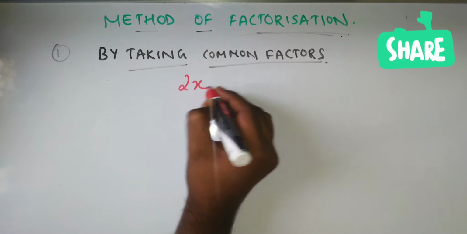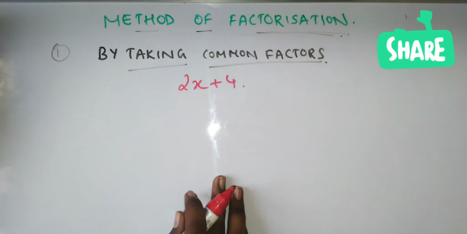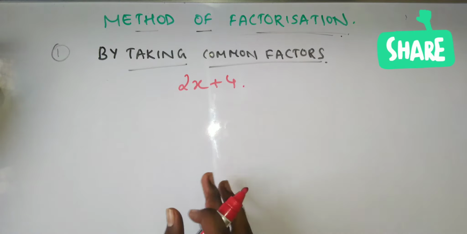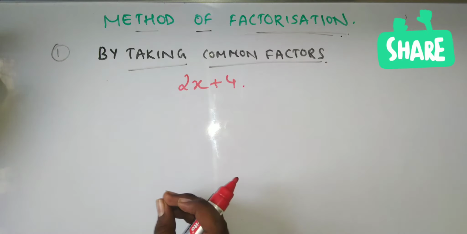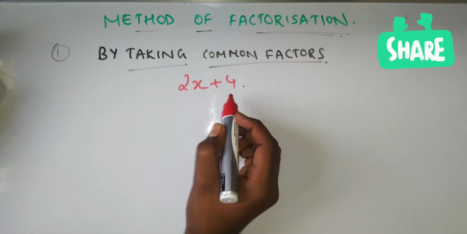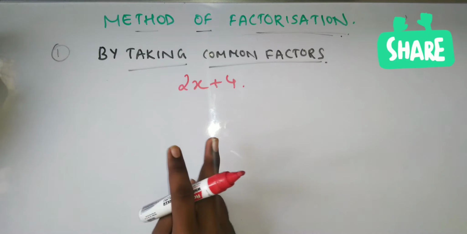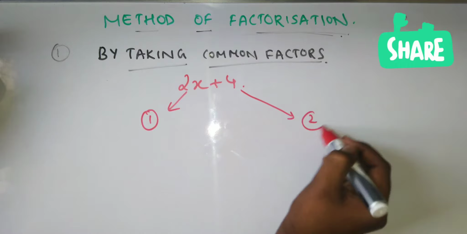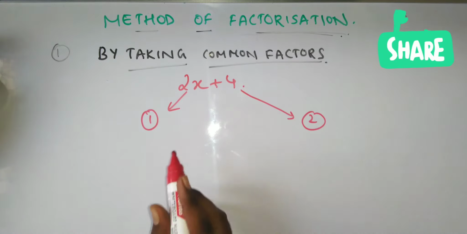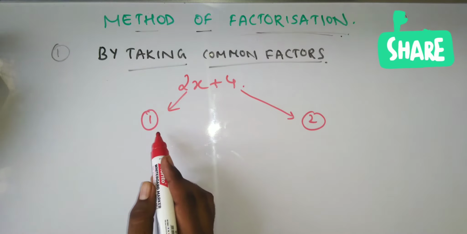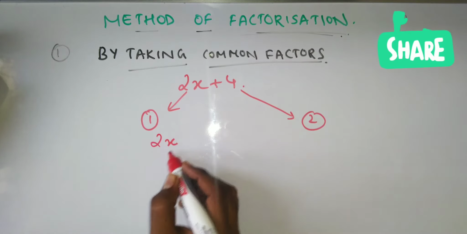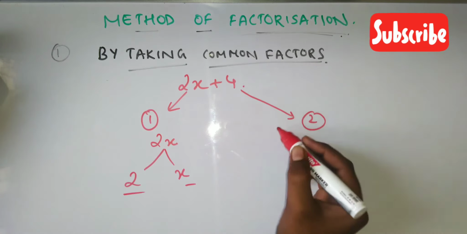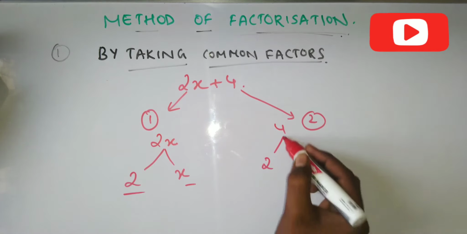Suppose I take the example 2x plus 4. Now in this I have to see what the common factor is. This is an algebraic expression. It contains two terms. One is this term and one more is this second term. Terms will have factors. So if I write the factors of 2x, they will be 2 and x. For 4 I can write 2 and 2,